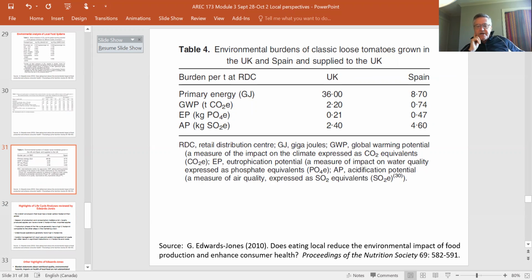EP is eutrophication potential. So this is a measure of water pollution. And AP, which is acidification, is air pollution. So there's higher air pollution associated with the Spain tomatoes, also higher eutrophication potential, so higher water pollution, but it has much lower global warming potential. So you're going to choose on global warming potential, or you're going to choose on these other things. So it depends, right? It depends on what's most important in that area, what kind of trade-offs are the best